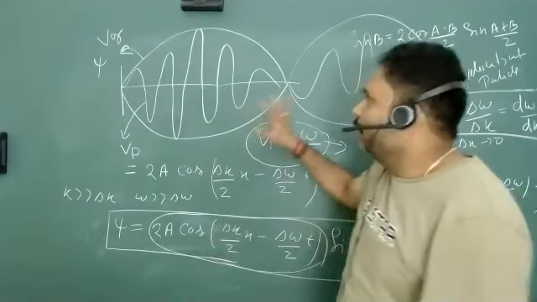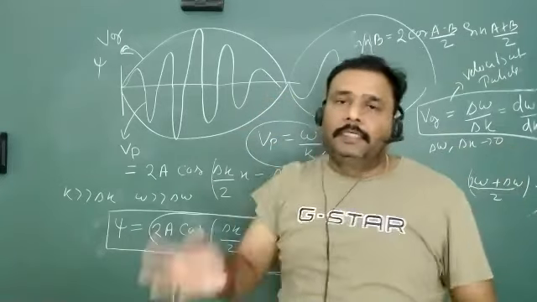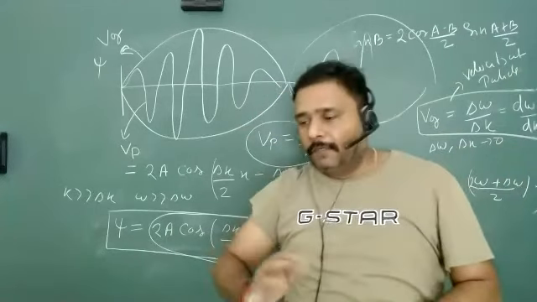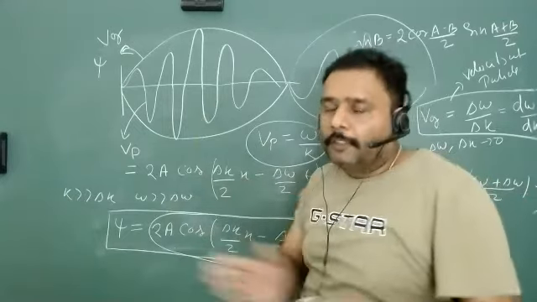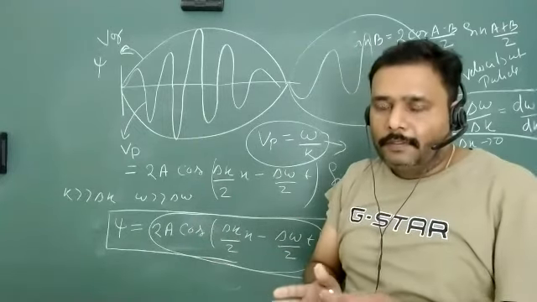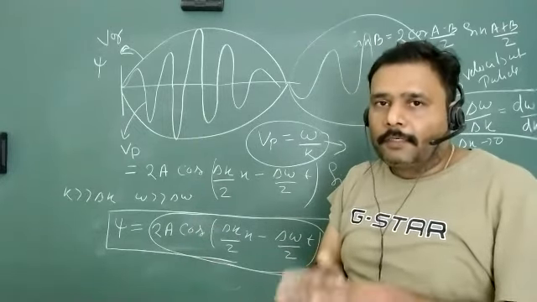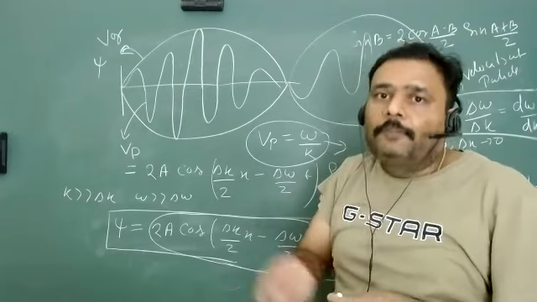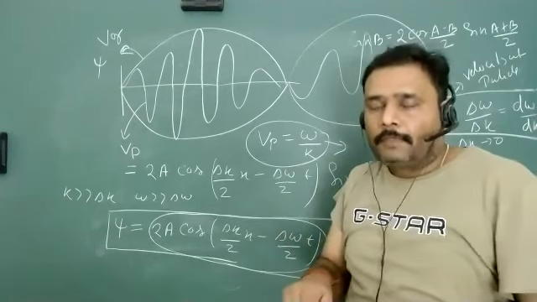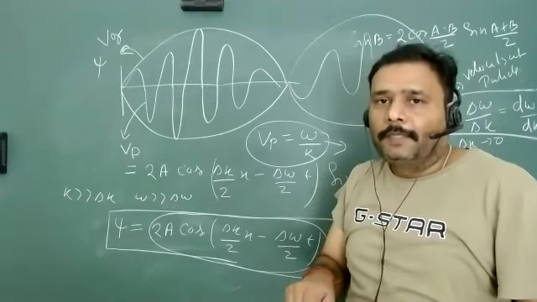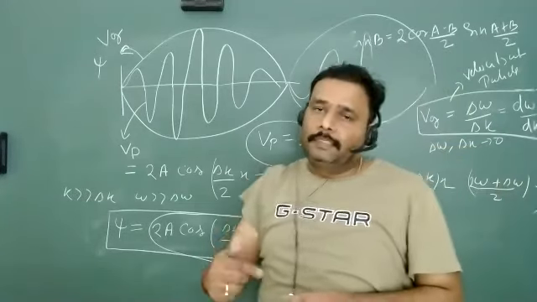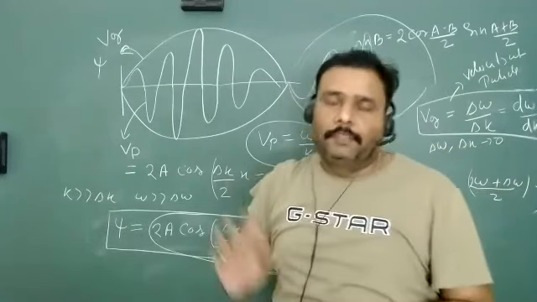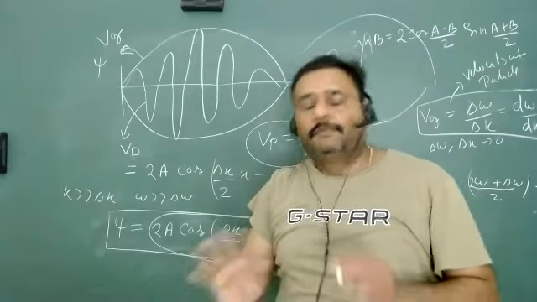From the group velocity and phase velocity, we can analyze what is going to happen. And this is nothing but the superposition of waves associated with the single particle. And finally, you will see it is known as the state of a system in the quantum mechanical system. We will discuss it later.